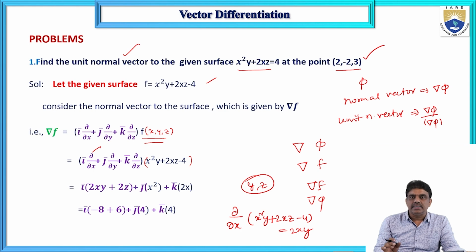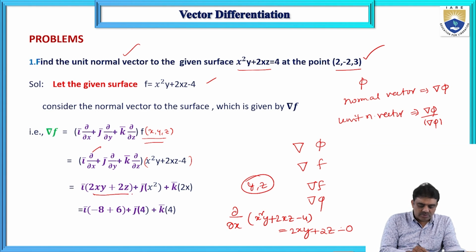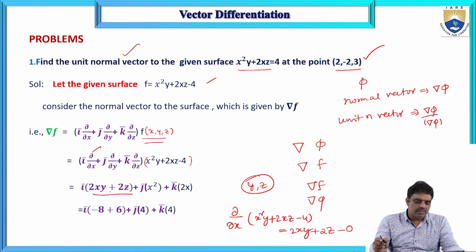So x square derivative is 2x, plus 2 into x derivative 1 and z is a constant, 2z, and the constant minus 4 will be 0. So the value is 2xy plus 2z. That is the first